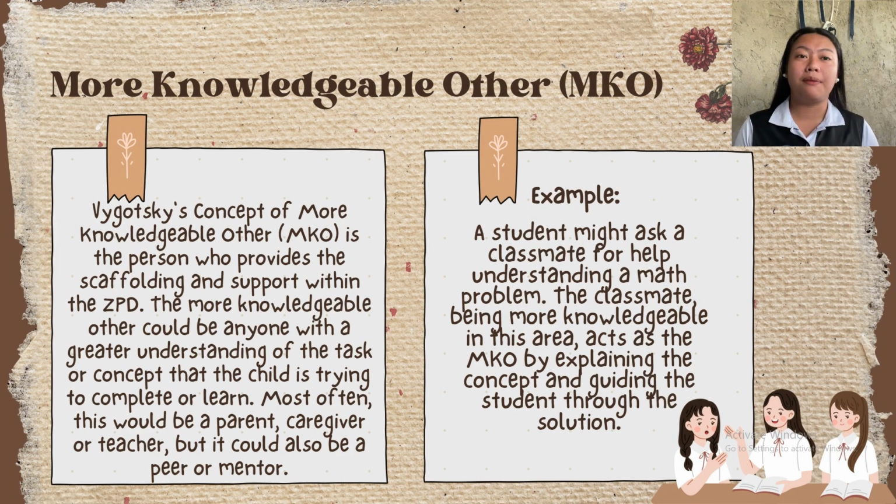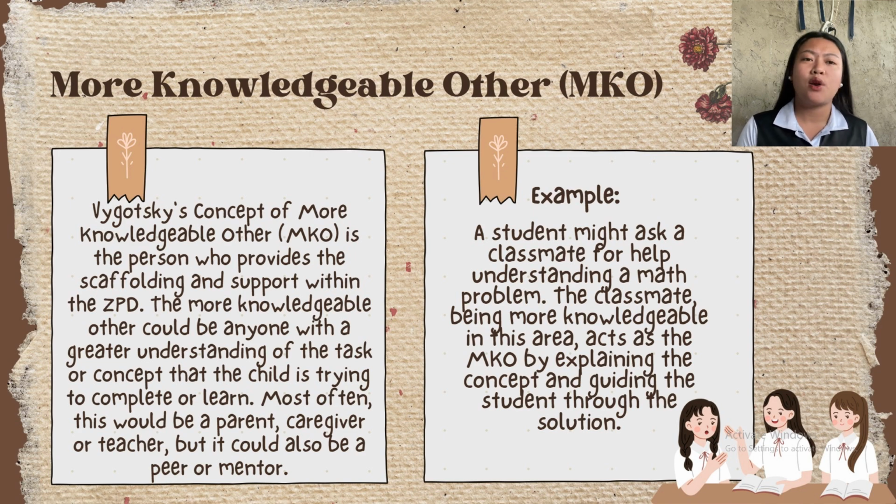For example, we have a quiz in calculus. Then I know myself that I'm having a hard time dealing with this course. So I'll go to someone who I believe has more ideas or understanding about calculus. Like for example, Jessa. I go to Jessa and ask questions on how to solve the problems, and she explains. So Jessa stands as the MKO, and I am the learner.